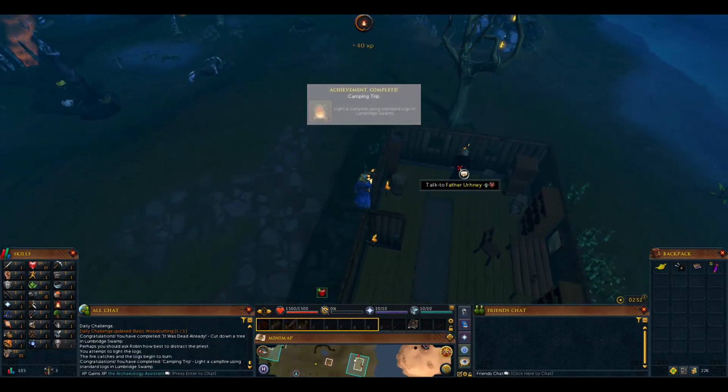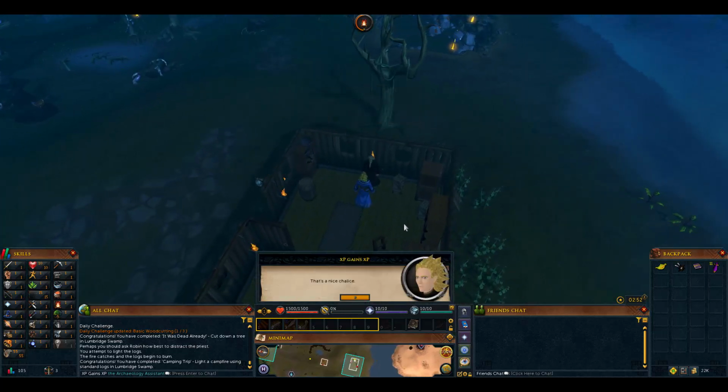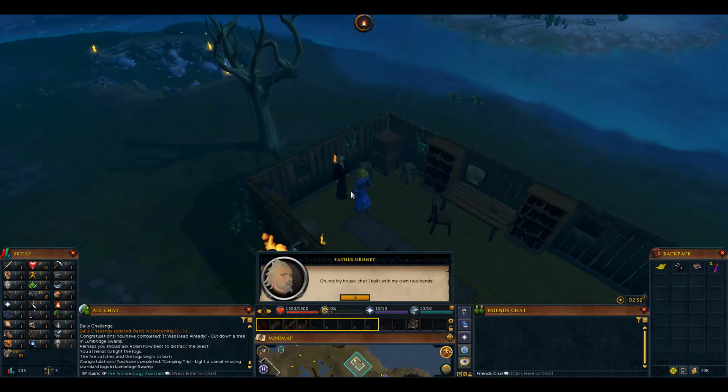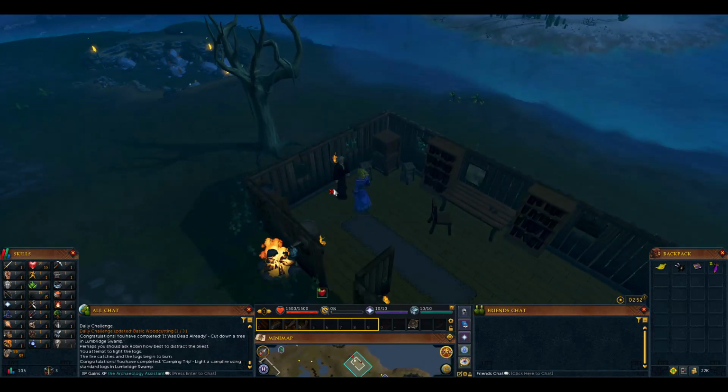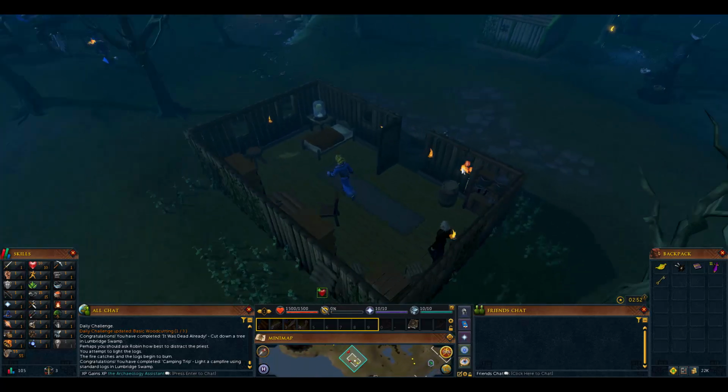There we go. Light a fire in the Lumbridge Swamp. Another achievement. And ask him nice chalice. And then tell him option 4. There's a fire out there. Perfect. And then you can pickpocket him. Should get the key, and then you can open the display case,